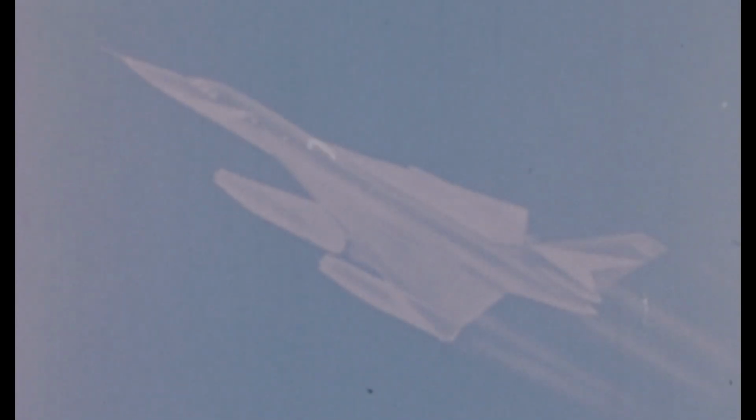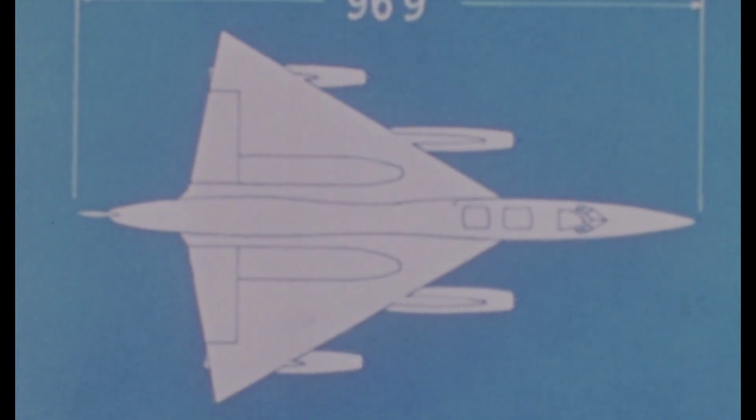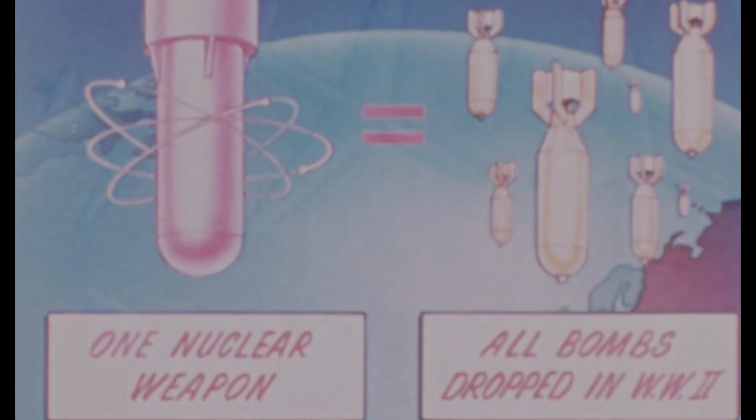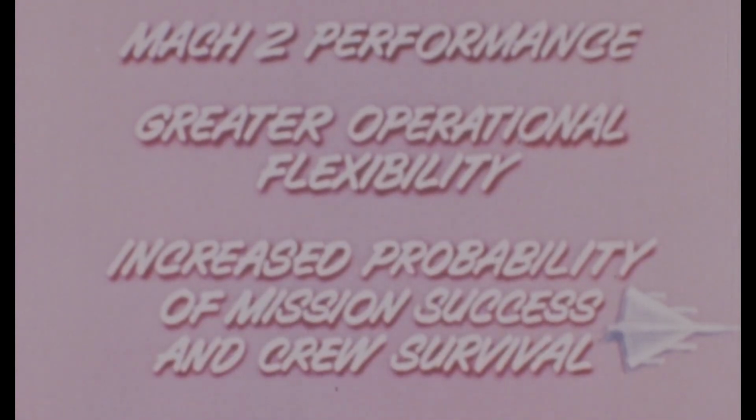This film is designed to acquaint you briefly with the concept, mission, and potential of the B-58 as a weapon system for the United States Air Force. The Delta Wing B-58, a relatively small aircraft, is a high-altitude intercontinental strategic bomber designed to take advantage of technological achievements in nuclear weapons. Its relative smallness, which represents a departure from the trend toward bigger and bigger bombers, allows the B-58 to achieve Mach 2 performance, gives the airplane greater operational flexibility, and increases its probability of mission success